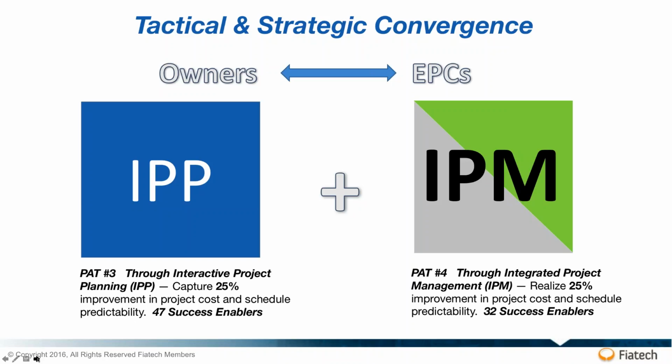Having said that, there's another productivity advancement target, number 4, which is integrated project management. There's really a convergence here, because that's the EPC folks who actually take project plans, develop detailed schedules, and execute, monitor and coordinate all the activities associated with making the project move forward in a smooth, succinct and successful way.